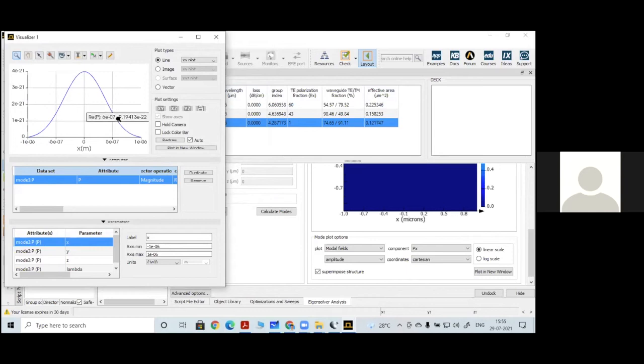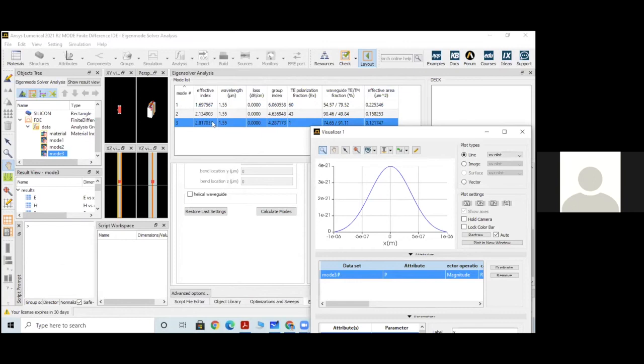If you want to convert it to power for the respective mode, you should note down the effective area from the modal results. I am looking at mode number 3, and for mode number 3 the effective area is this much. I have to multiply by this particular value, then I will get the power confinement. Then if you want the variation of power with respect to the effective index, we will have those power values, and the effective index for this particular mode is 2.817033.